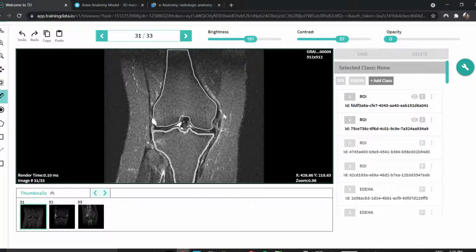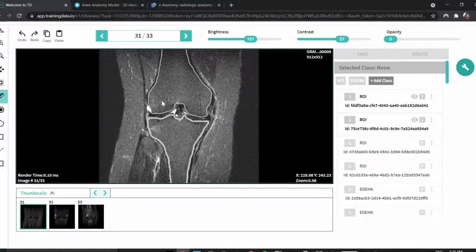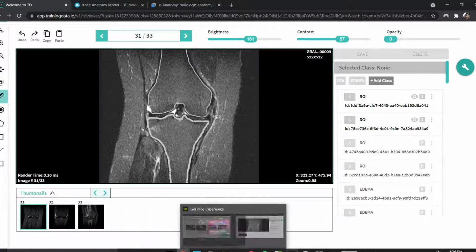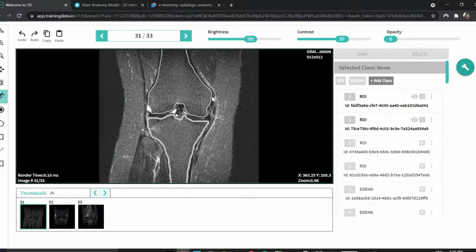Okay, so in this image you can see that the grayscale is not as accurate as what you're seeing here, because it is going to vary. Sometimes it's going to be more gray, sometimes it's going to be less gray, but all you have to do is make sure that you click on this ROI function. All right, click on the ROI function, click on this function, the pencil tool, and just keep drawing a line like this.